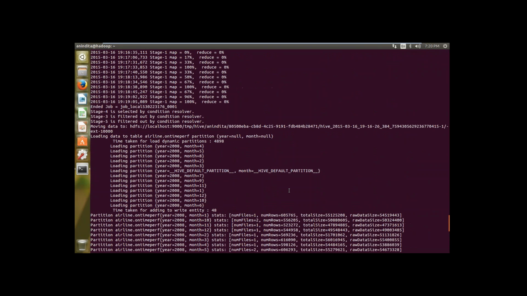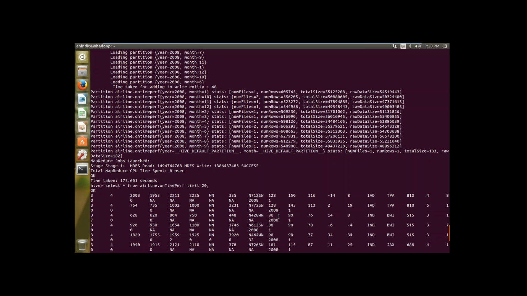So these are some of the queries that we need to write in real time, for moving the data from a non-partition table into a partition table, and for creating partitioning and bucketing in Hive tables. Let's move into a quick demo on Hortonworks Hive to understand the differences between Hive